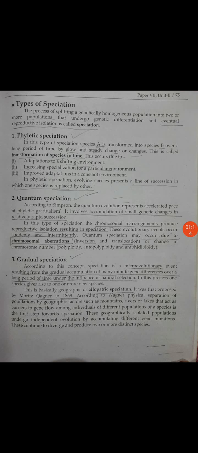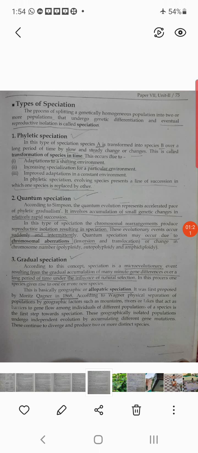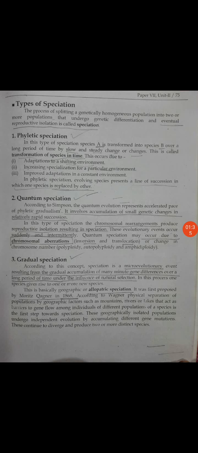speciation. Now, when we see in the classification, phylum, class, order, genus is the same, but when we come to the species, as I explained, we are Homo sapiens, Homo erectus, Homo and so on. So Homo has similar characters, but species have slightly different characters. Like that, the process of splitting of a genetically homogeneous population into two or more populations that undergo genetic variations or